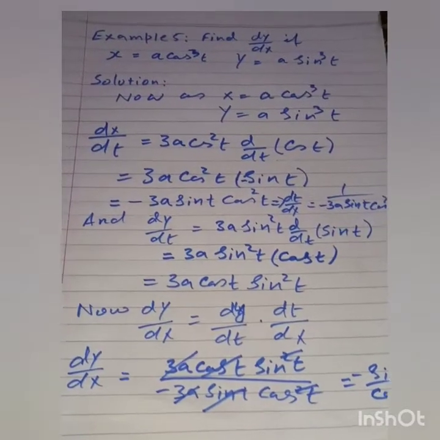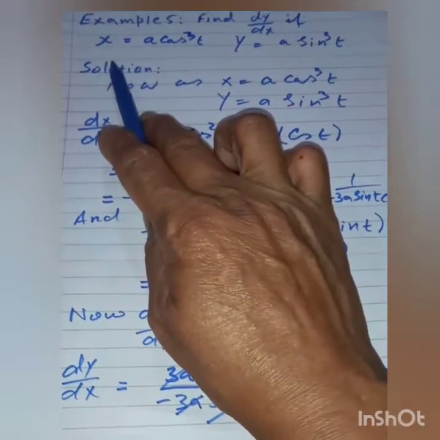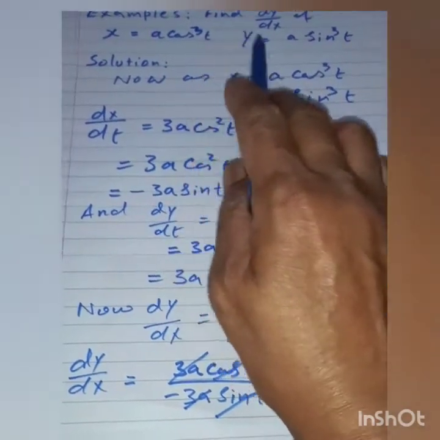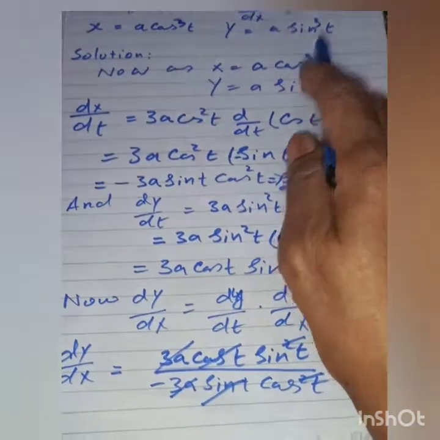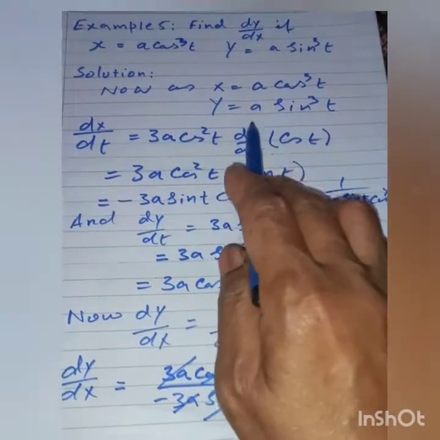Now let's take another example. Find dy over dx if x is equal to a cos cube t and y is equal to a sin cube t. Now as x is equal to a cos cube t and y is equal to a sin cube t,